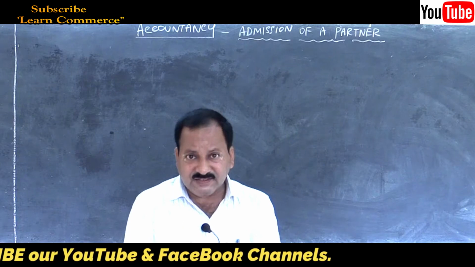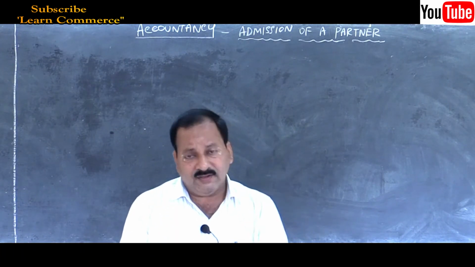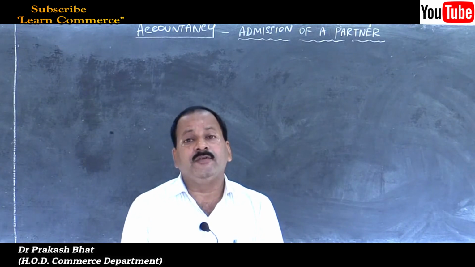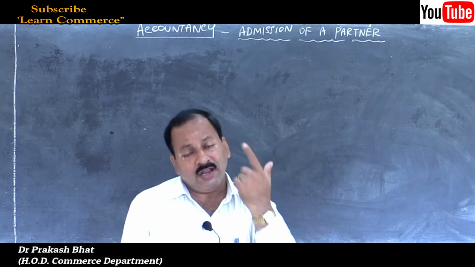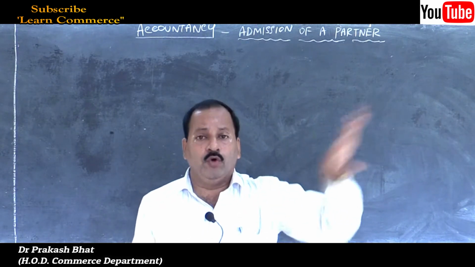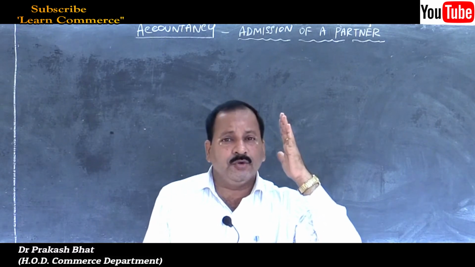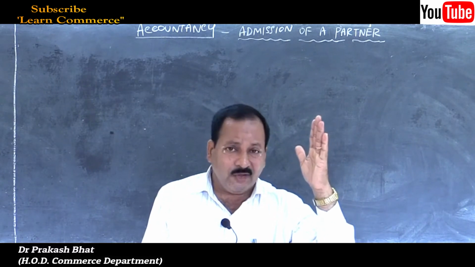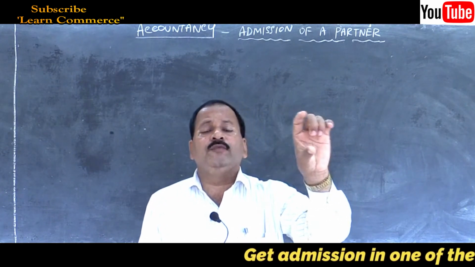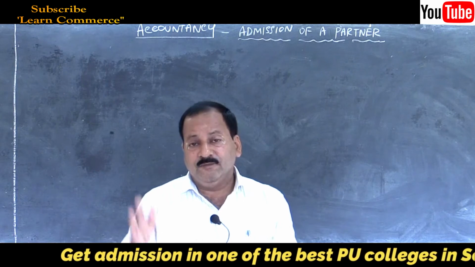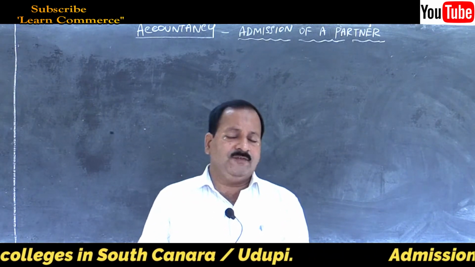Then the second method is, we will pass the same entries like method 1. Then additional information will be given, like goodwill is withdrawn by the old partners, or half of the goodwill is withdrawn by the old partners. Like that, instruction will be there. So we have to pass one more entry, that is, to cash or bank on the debit side, the amount withdrawn by the old partners, which was credited as goodwill to their account. Then we have to create goodwill.